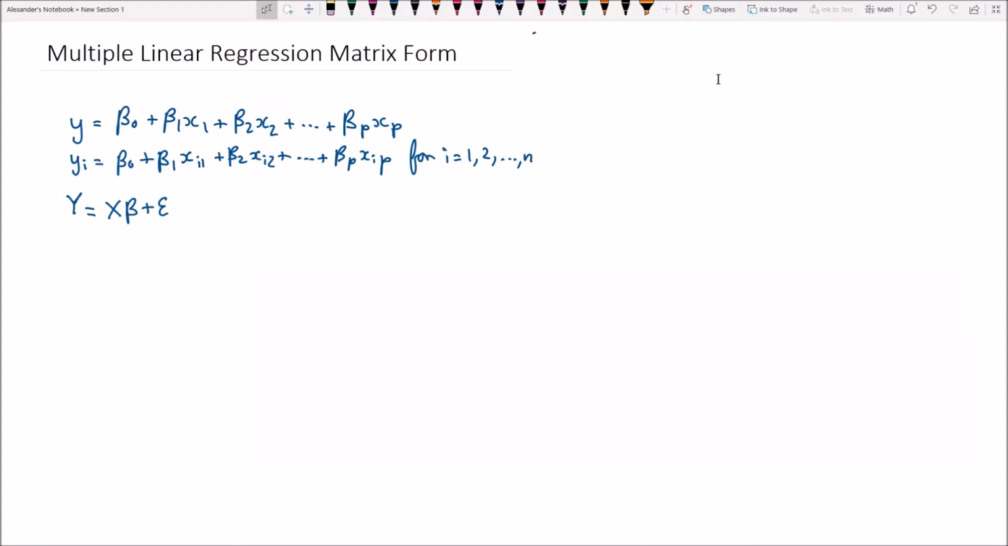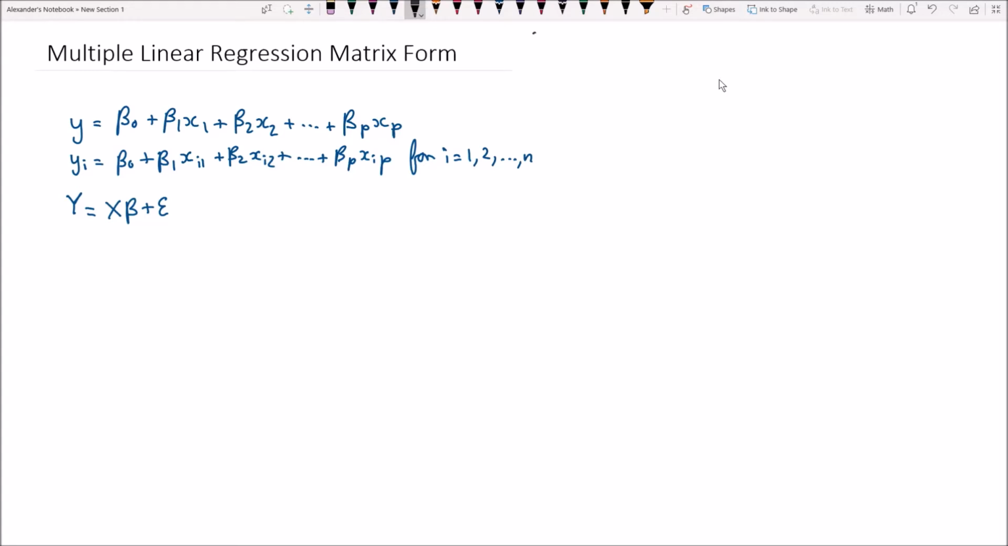Hey guys, Alexander here, and in this video we will be covering an introduction to the multiple linear regression model as formulated in the matrix form. Firstly, let's remind ourselves of how we usually see the multiple linear regression model if we're looking at research